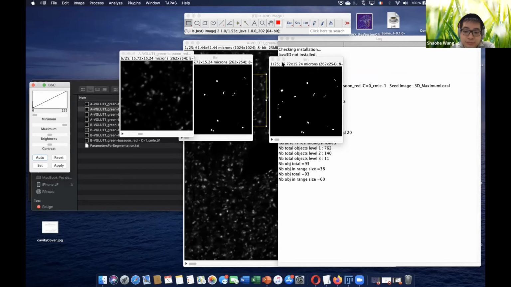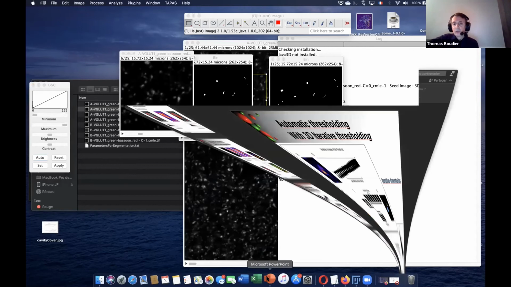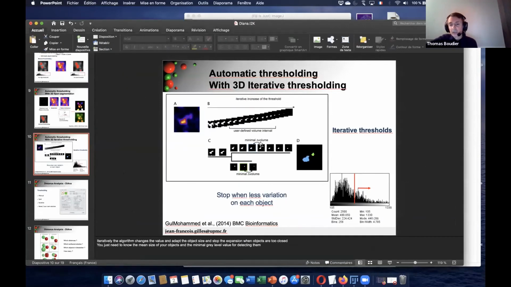No, because with iterative thresholding, for example, if I do a threshold with a value of 10, I will extract one true object. And when I go to value 20, I will extract two different objects. So some objects will be detected with threshold 10, some objects will be detected with threshold 20. Oh, okay. So it's not an overall best threshold. Each object will be detected with its own threshold. It's not that I test all the thresholds and then find the best for all the objects. Each object has its own threshold.